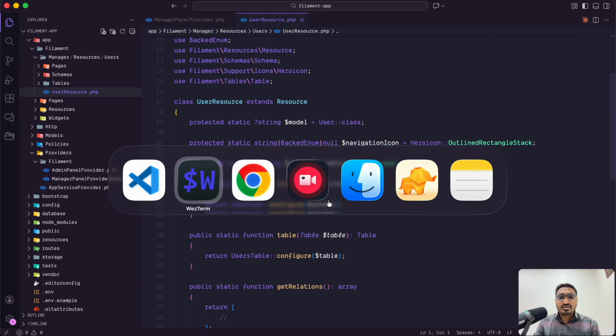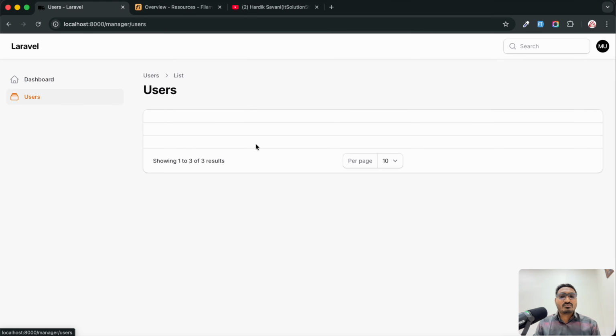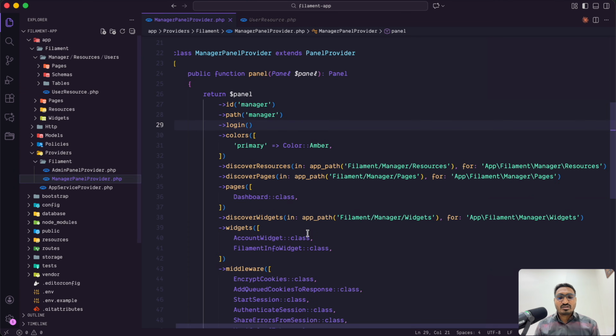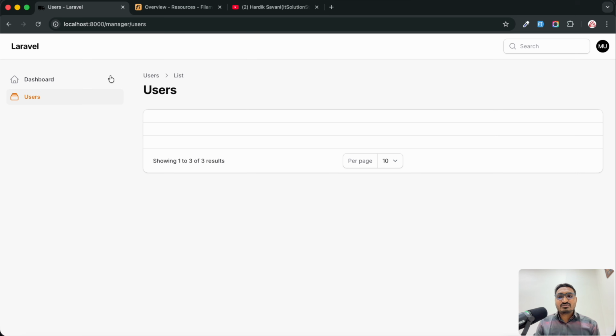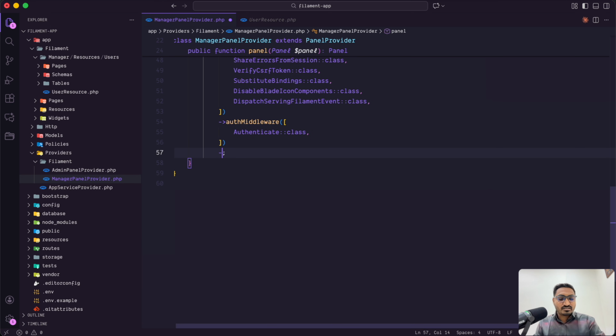Okay, and now let me go back over here and hit refresh. I can see the users over here. I don't have any users right now, like I haven't defined any column, so that's why, but you can see I can see the users. Let me go back and I can show you one more thing. You can see that it's showing the sidebar, so it's the same look that we have for the admin panel. So I can change it to top navigation,